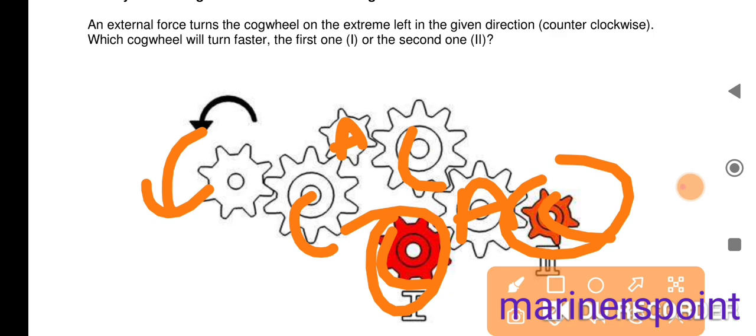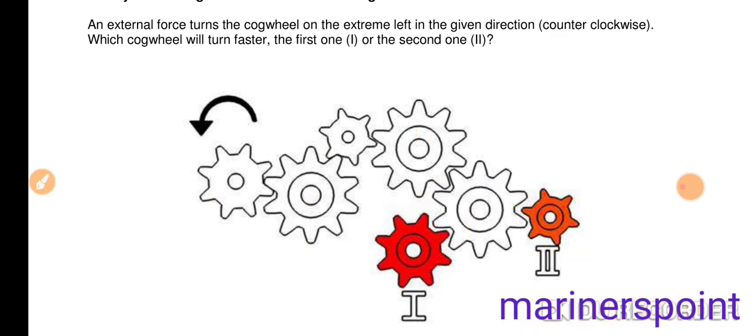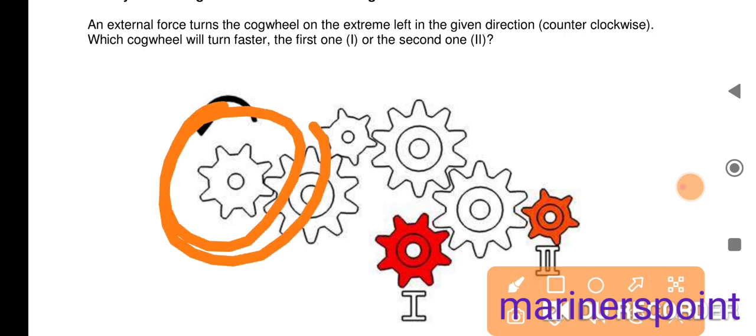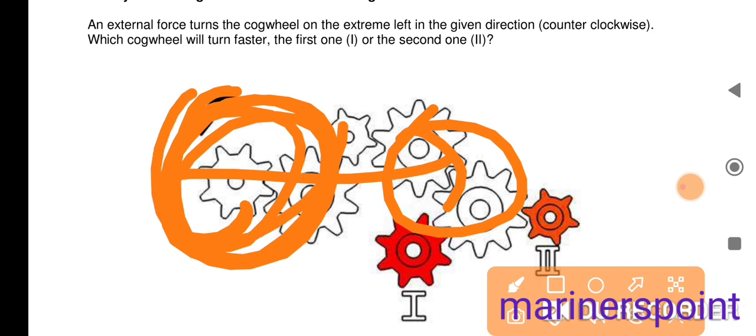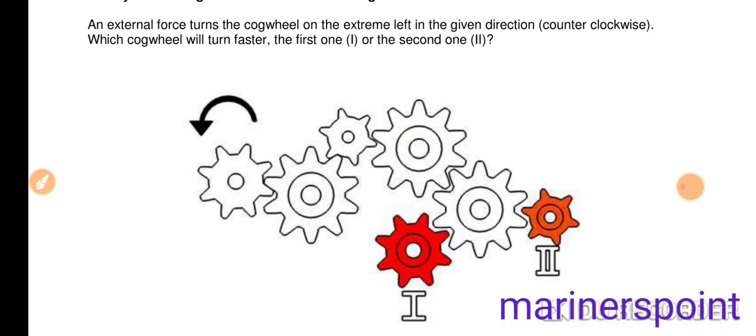But for slower or faster, we can check the shape. If it is smaller, then it will rotate faster, or if it is bigger, then it will rotate slowly. But you will compare size with whom? It is already stated which figure the speed is compared with, because here the direction is given for this figure, so you have to find the speed by comparing with the given direction figure.